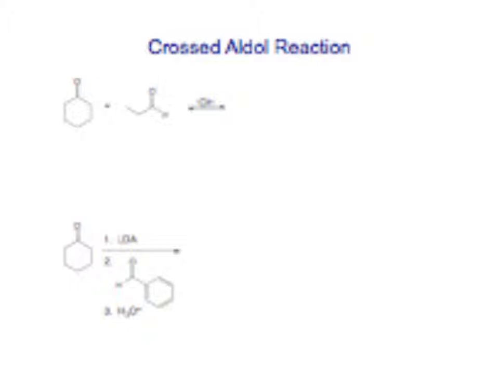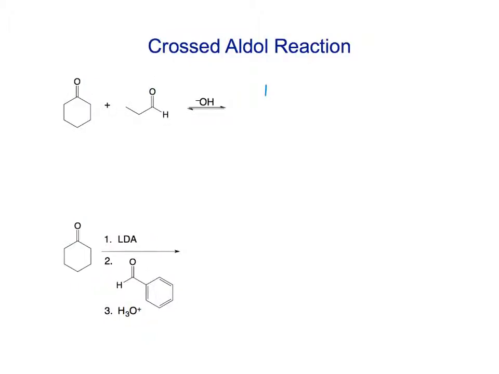All right, so I'm going to start with the cyclohexanone as the enolate, just for fun. In those cases, I'm just going to draw my starting material, and I'm going to connect the other piece to the alpha position, right? So I'm going to connect this to the alpha position. This would be the carbonyl, which is now an alcohol, and this would be one possible aldol product. Okay? The other one,